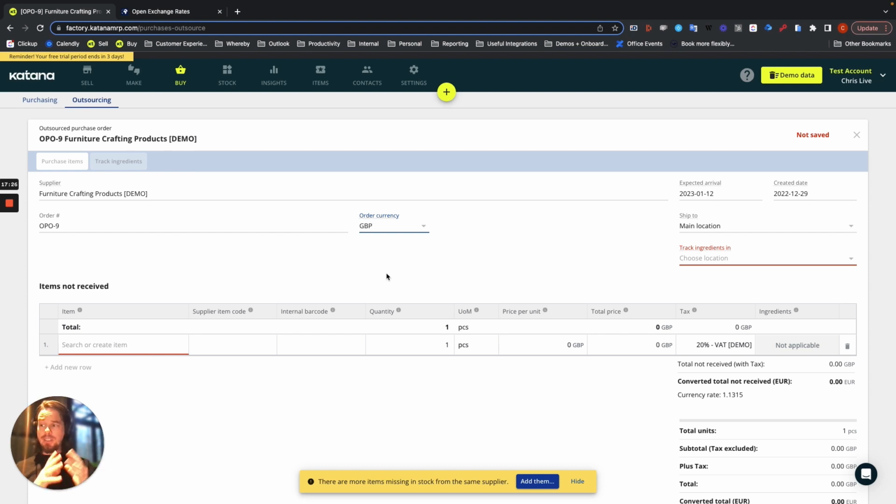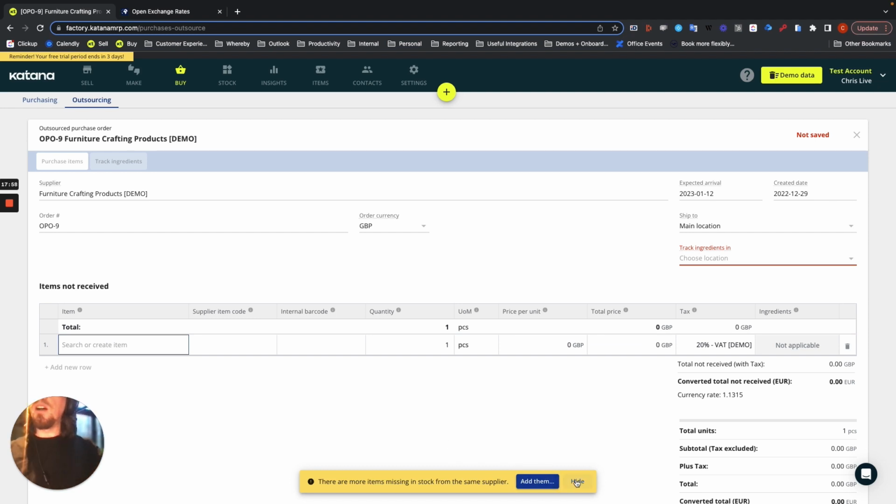Those also carry their own base euro cost. Then when we buy the service of manufacturing them and having those items received, then we're paying for that service in a different currency, which will convert also to our euro costs once they're received, and combine it with the material cost in euros. Then we have a total cost of goods sold for items that we're outsourcing the manufacturing of, as an example. So if we were to do, let's say, cognac colored coffee tables as an example,